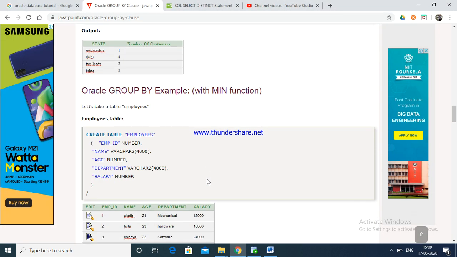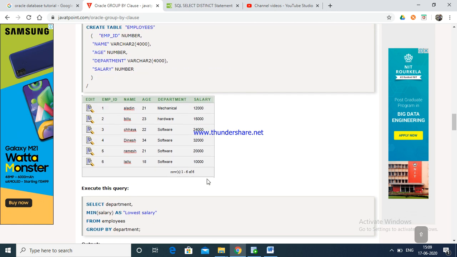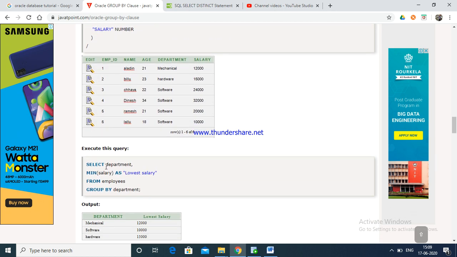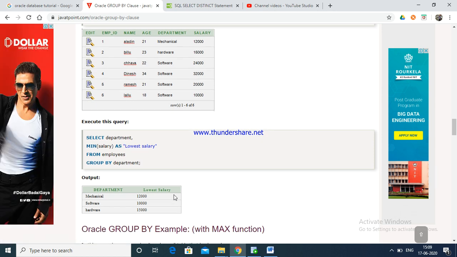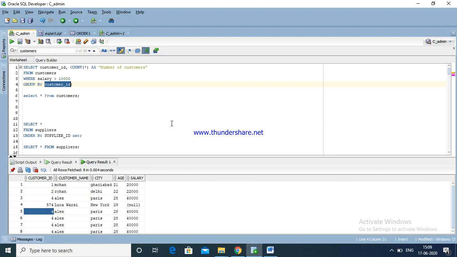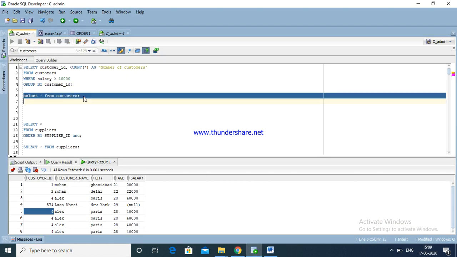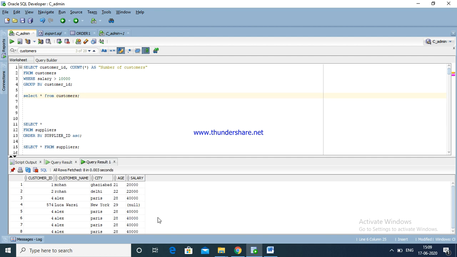Here also with MIN functions. MIN function is also used for lowest salary. Here also we have the customer table. Salary is there. The same way we can use lowest salary.